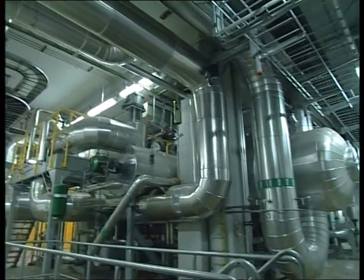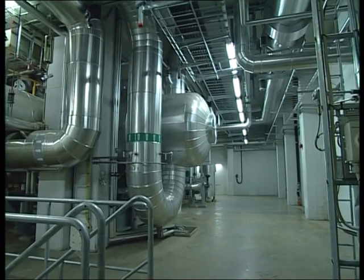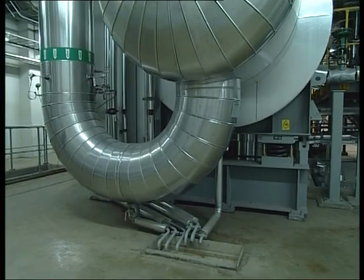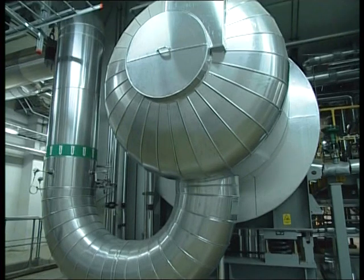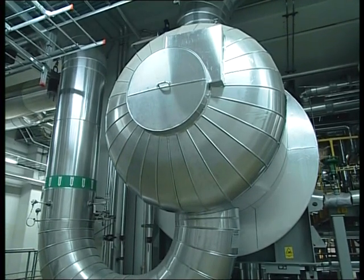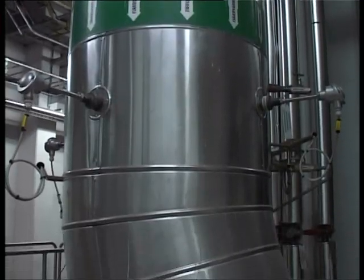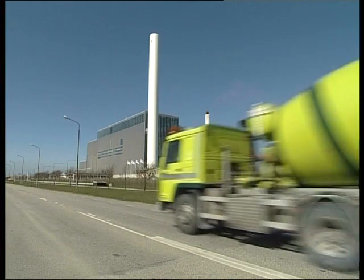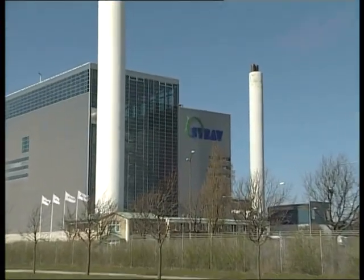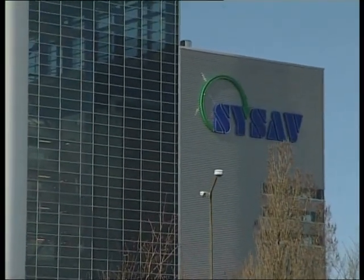When the steam has passed through the turbine, it is still extremely hot. In this large heat exchanger, a so-called condenser, this heat is now utilized. Here, water from the district heating network is heated up to between 80 to 115 degrees, before being used as heat for customers in Malmö and Flue. The district heating, which is produced here at SYSAV's waste-to-energy plant, is sufficient to provide heat to some 60,000 three-room